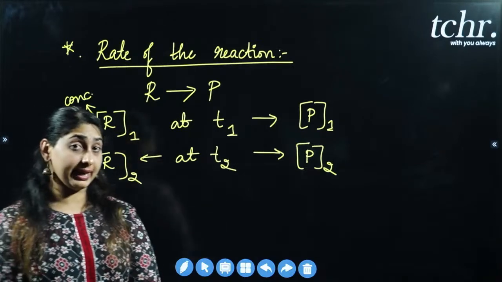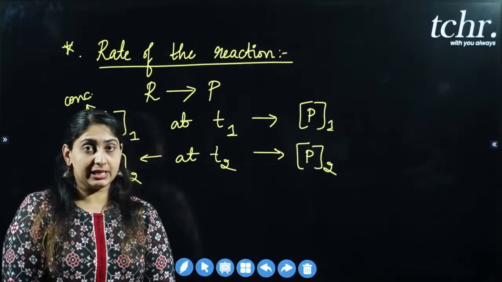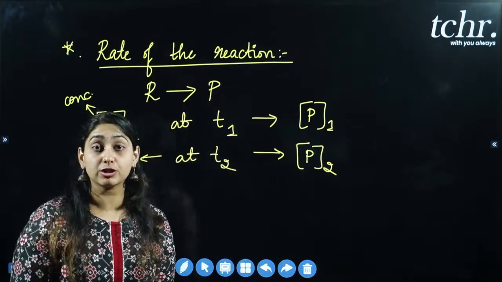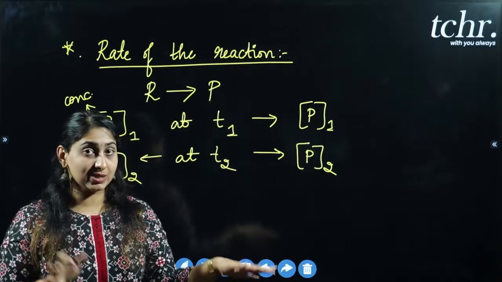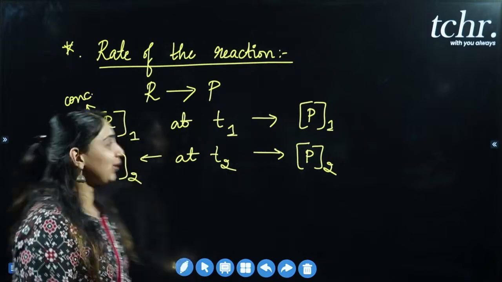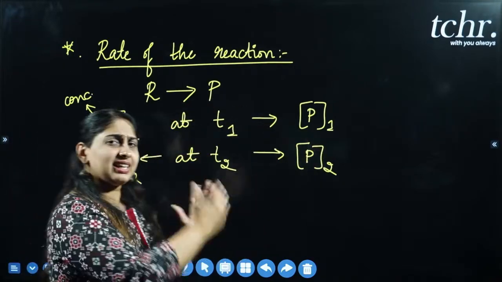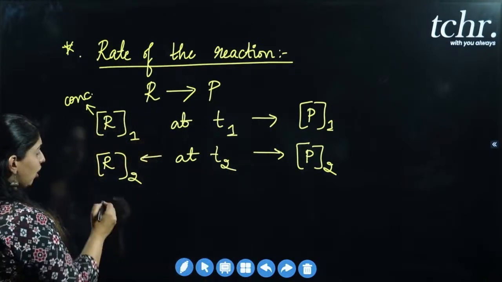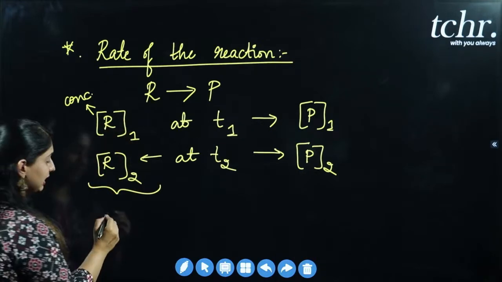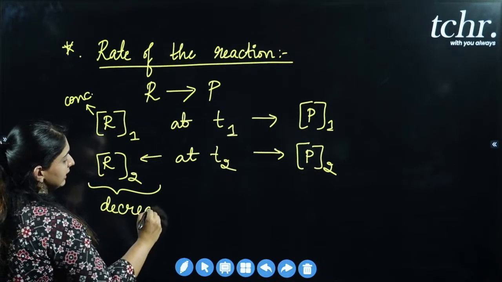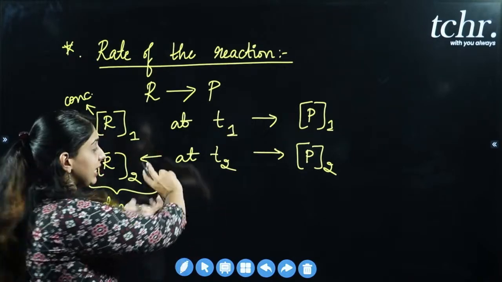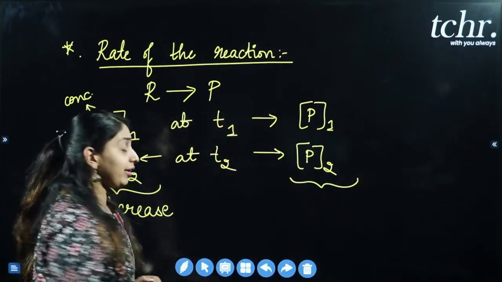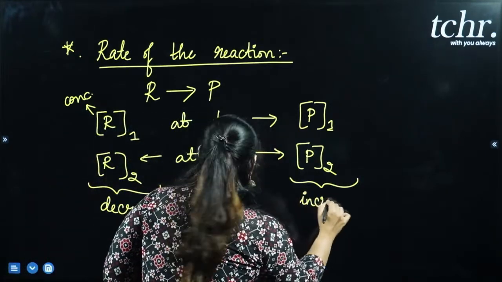Another thing, you tell me, as the reaction proceeds, what will happen to the concentration of reactants and what will happen to the concentration of products? Which of these will increase, which of these will decrease? Yes, absolutely right. As the reaction proceeds, ಏನಾಗುತ್ತೆ, reactants ಎಲ್ಲ products ಆಗಿ convert ಆಗ್ತಾ ಹೋದಾಗ definitely the concentration of reactants, right? The concentration of the reactants is going to decrease. So decrease ಆಗಿರೋದು ಏನಾಗುತ್ತೆ, ಆ reactant molecules ಎಲ್ಲ product ಆಗಿ convert ಆಗುತ್ತೆ. So ಹಾಗಾಗಿ the concentration of products is definitely going to increase.